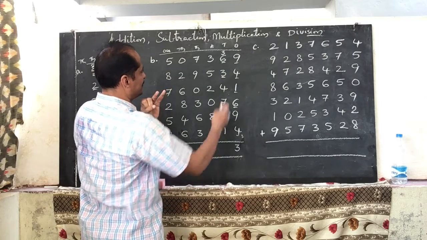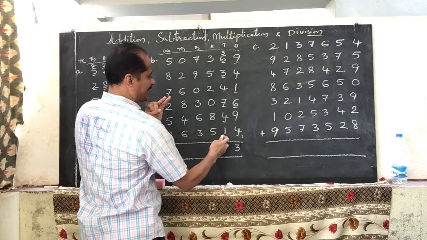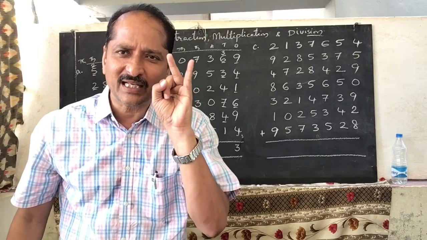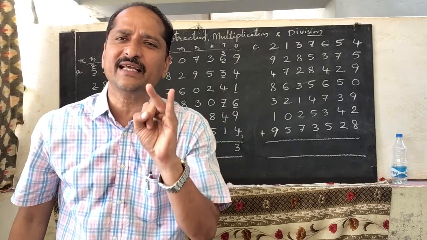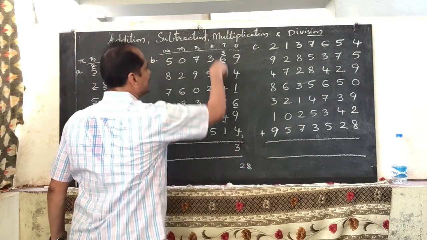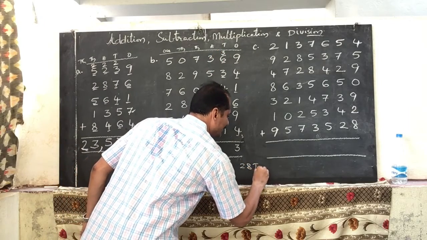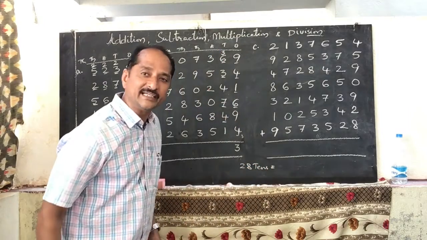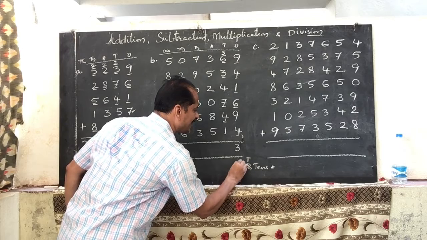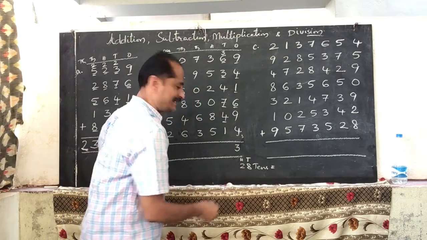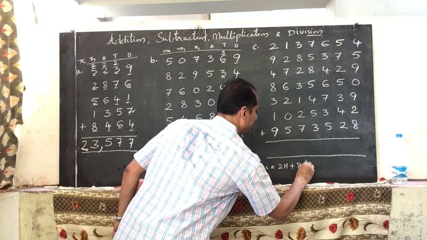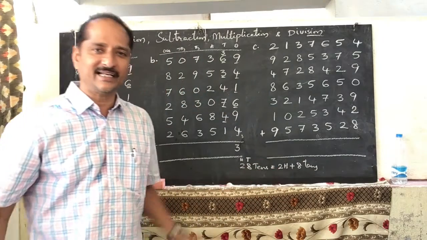Again, remaining digits. 3 plus 4, 7 plus 1, 8. 2 tens and 8. 2 tens and 8 is 20 plus 8, 28. So 28 what? 28 what? Tens. 28 tens. 28 tens means 8 tens and next greater than tens place is hundreds place. That means 200s. That is 28 tens. 28 tens can be written as 200 plus 8 tens. 200s and 8 tens. Understood?